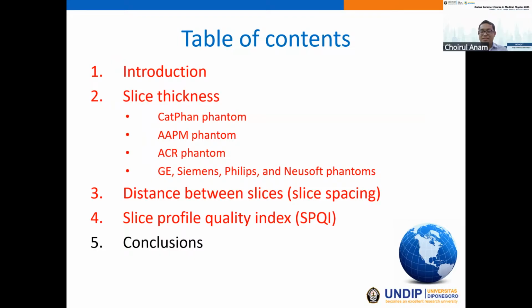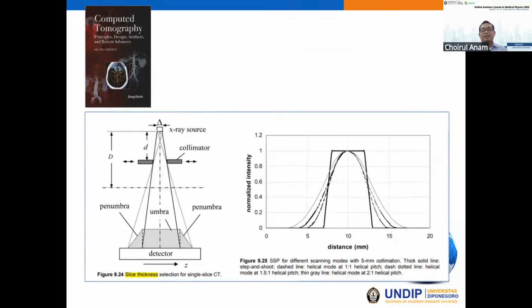Okay, and now we move to the last parameter, the slice profile quality index. This parameter is described in the book written by Professor Willi Kalender in his very famous book, Computed Tomography: Principles, Design, Artifacts, and Recent Advances. In this, Professor Kalender, as we know, invented the spiral CT or helical CT. So he also